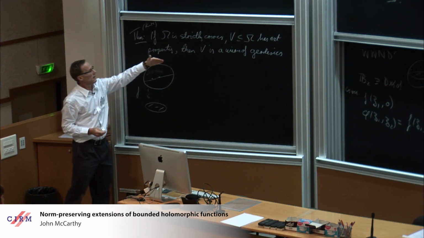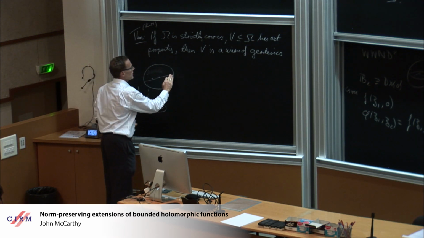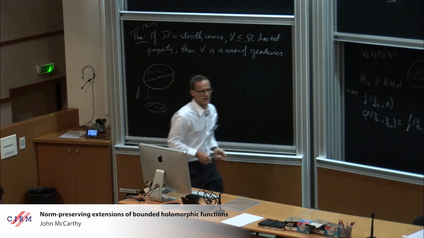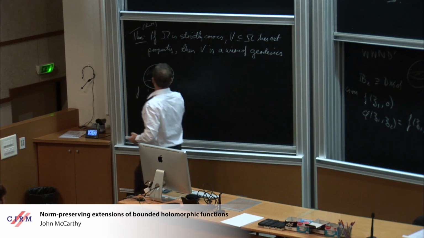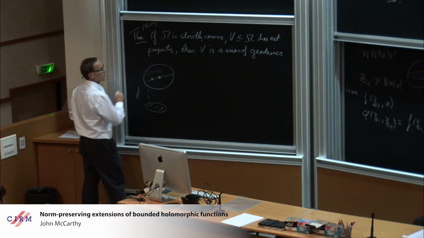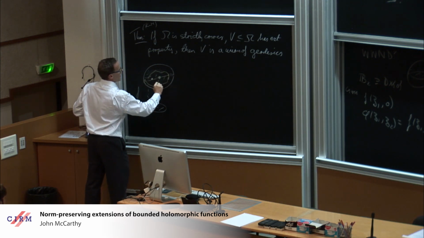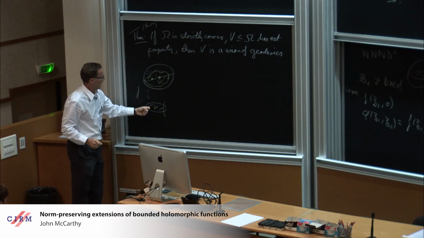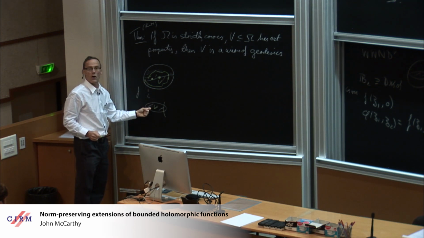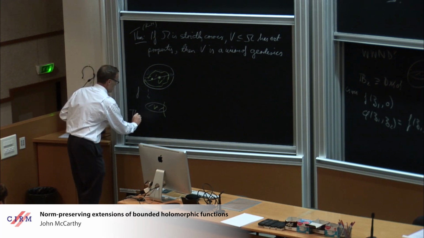If V was not totally geodesic, it would be missing something. V would be some subset that has these 2 points, but it doesn't have the entire geodesic through them. Instead, V is maybe other stuff as well, but V would live here. So the projection of V would not hit the whole unit disk, it would miss a little part of it. This is an idea that's originally due to Pascal Thomas.